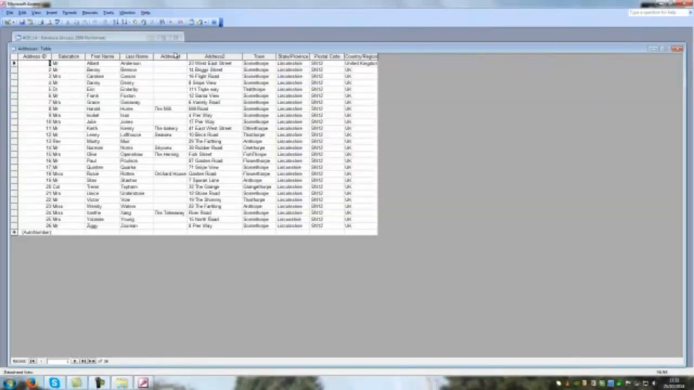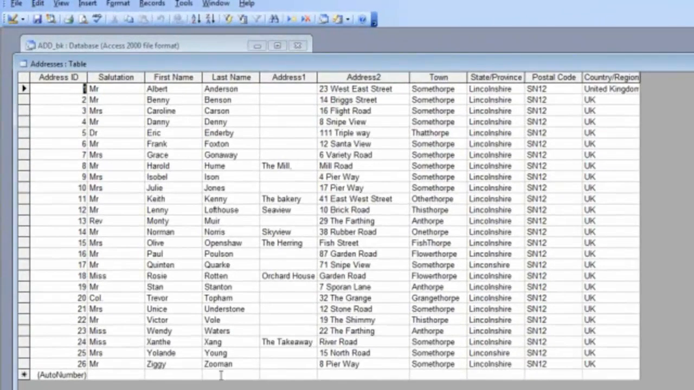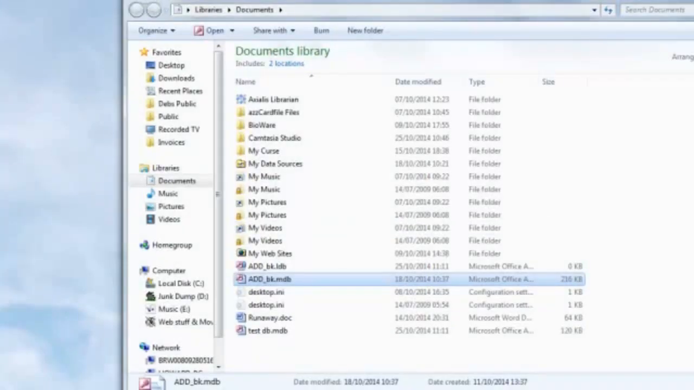And here we go. Here's the database I've thrown together. It's got 26 entries, and there's a bit of a variety there. They're all fictitious names and addresses and postcodes and provinces, states, towns, everything. It's just purely what I've made up in the last half hour or so. Anyway, this is our database which we've saved, so we can now go on to putting it together as a